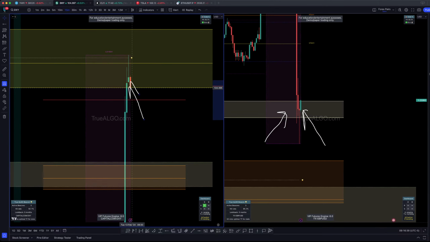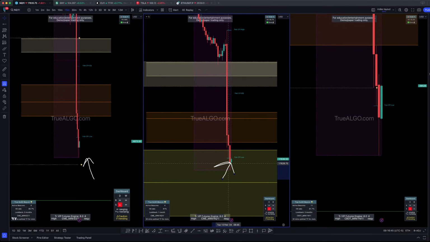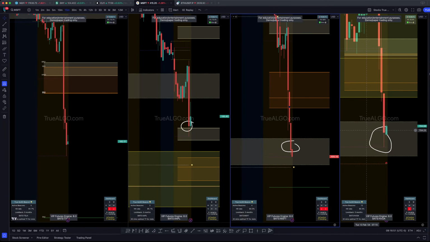DXY closes below the box. And now starting to get more of that muscle up here as we hit the swing box. And again, note for the current members, what I was talking about with stocks, Apple, Microsoft, Nvidia, all looking for reasons to flip bullish.